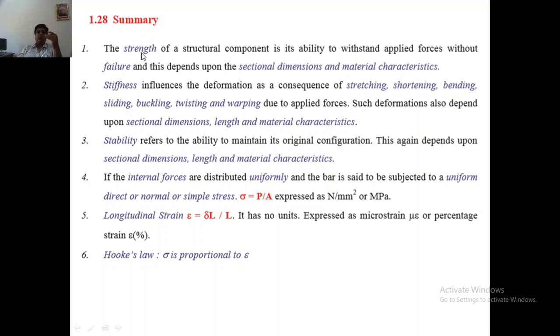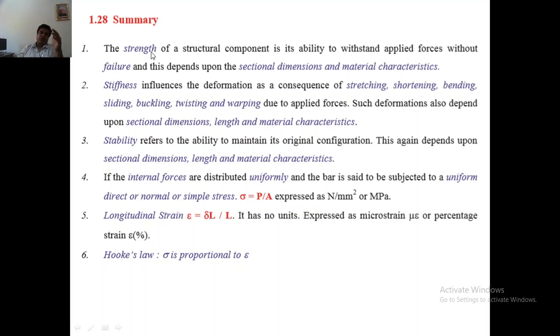Whenever you apply load on the material, it will resist that load, and that resistance will be based on the area on which the load is applied. So the stress we can define as the resistance of the material to the applied load over the area. That is what is called stress. And strength is nothing but the capacity, the maximum stress or the maximum load which the material can resist. That maximum capacity we write in terms of strength.